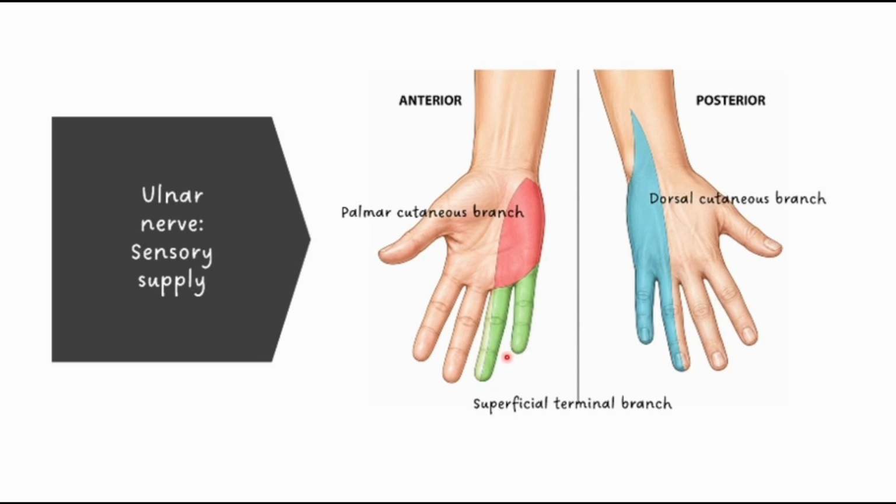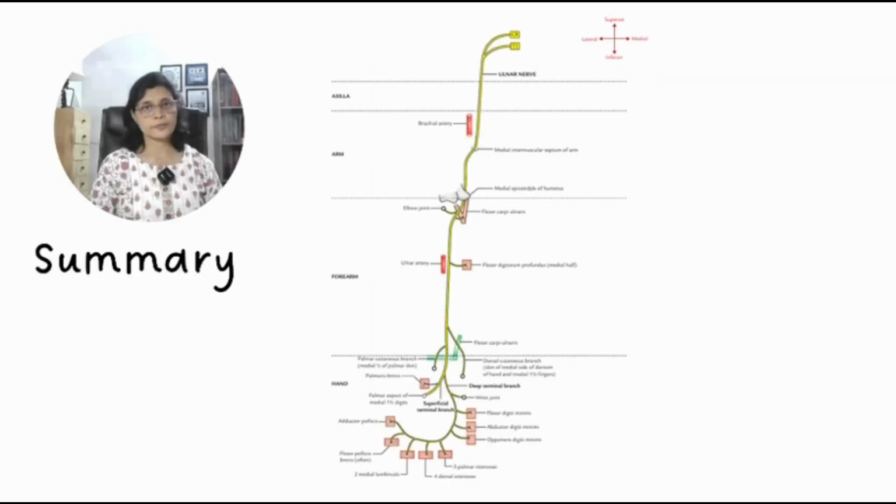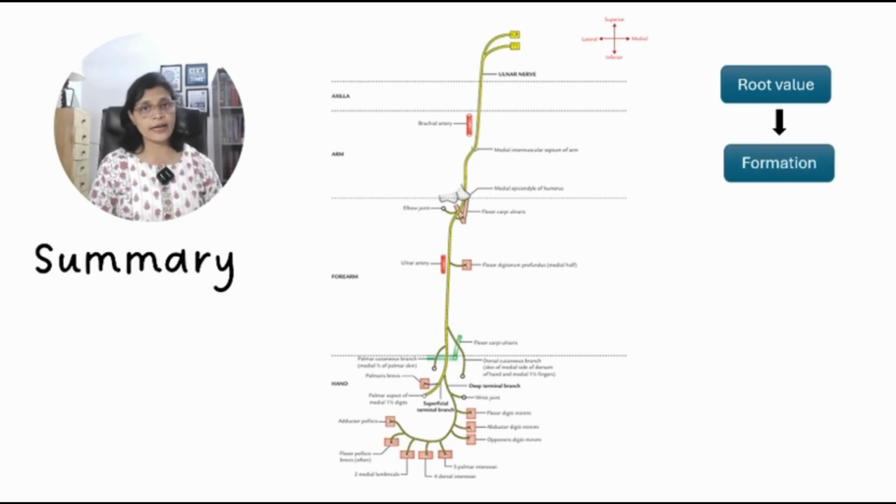And to summarize, the ulnar nerve has the root value of C8 and T1. It arises in the axilla as a branch of the medial cord of the brachial plexus. In the axilla, it lies medial to the third part of the axillary artery, and in the arm it forms a part of the neurovascular bundle. It pierces the medial intramuscular septum and enters the posterior compartment of the arm. It lies behind the medial epicondyle at the elbow, and it enters the forearm by passing between the two heads